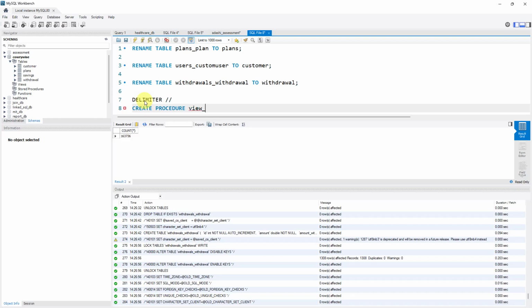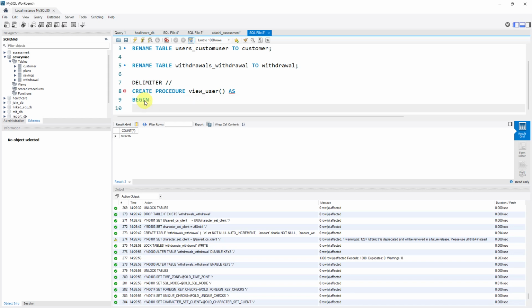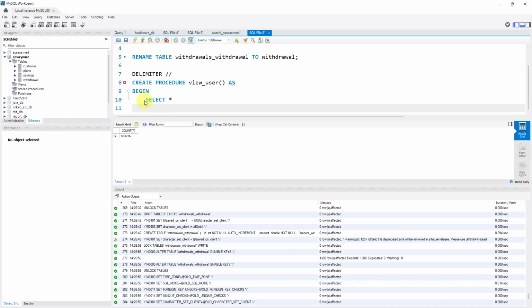So I want to view customer, or I'll just say view user. I'll put the place for the parameter. Then I will say begin, then I would say select all from